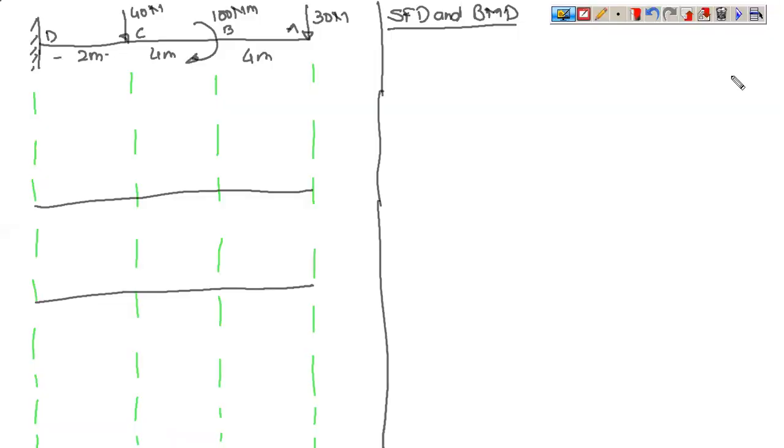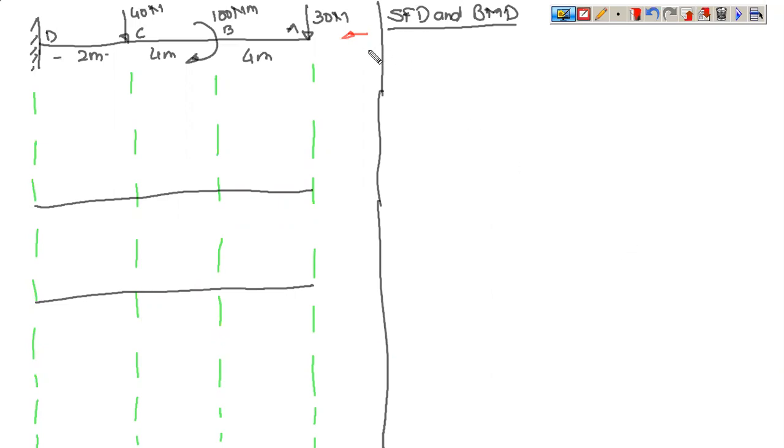Now starting with the next problem, in this problem you can see that the sign conventions have been reversed. They will get reversed because you need to solve the problem starting from right to left. Don't reverse the beam. In some books, what they have done is the beam has been given like this and they have reversed it so that it can be solved from left to right. Don't reverse the beam. The beam has to be solved as it is given in the problem.